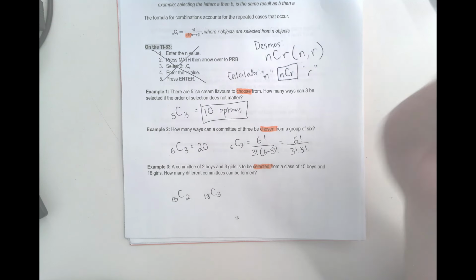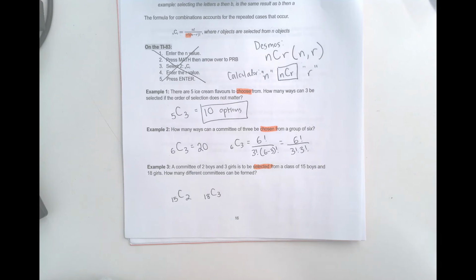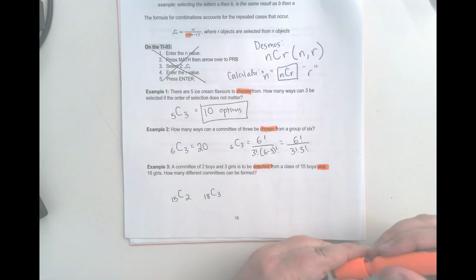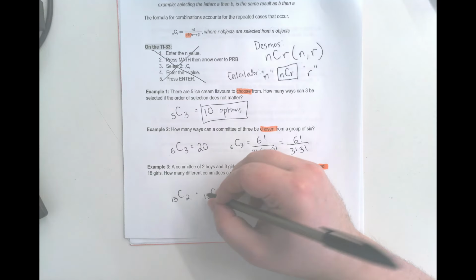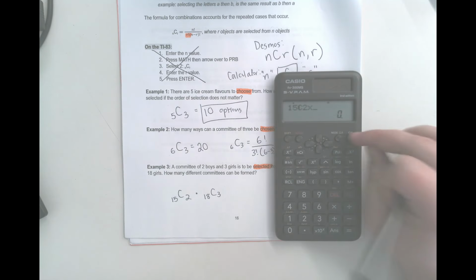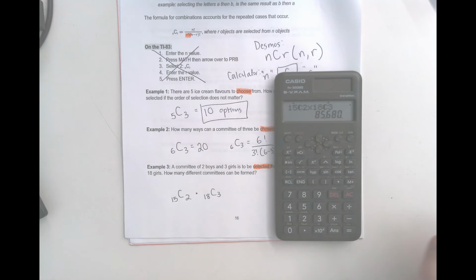But now, what do we do with these 2 different calculations? And there's another keyword, and this is going back to our very first lesson of this unit, is this word right here, and. So whenever we see the word and, that means we're going to multiply. So I'm going to do 15C2 times 18C3. So 15C2 times 18C3 is